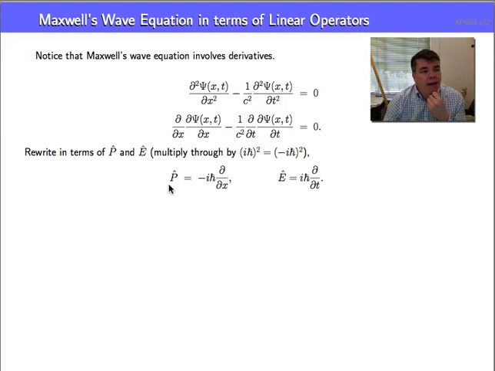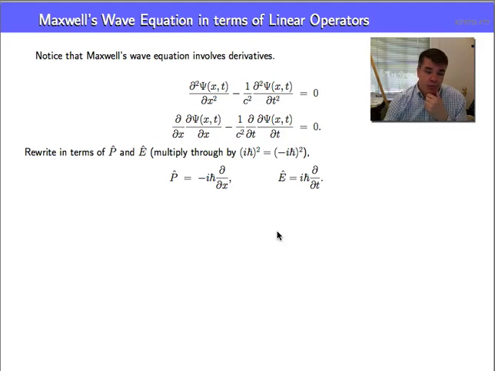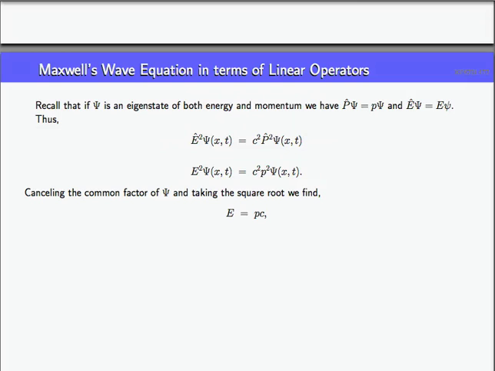So recall that we had P is equal to minus i h bar partial partial x and E is equal to i h bar partial partial t. What we can do is just manipulate this equation, multiply through by i h bar quantity squared, which is also equal to minus i h bar quantity squared, so that we can write this in terms of the operators. So we get an operator equation. And when we do that, it takes a few steps